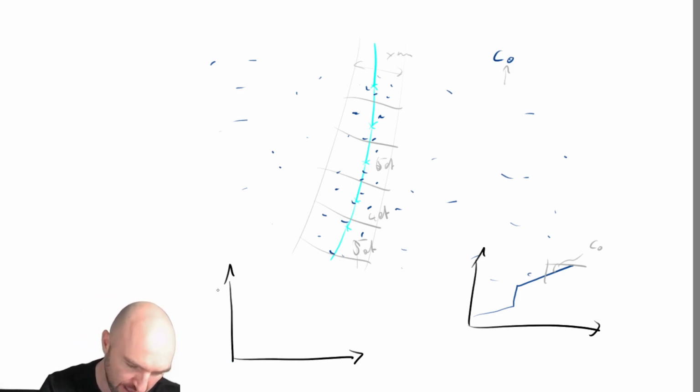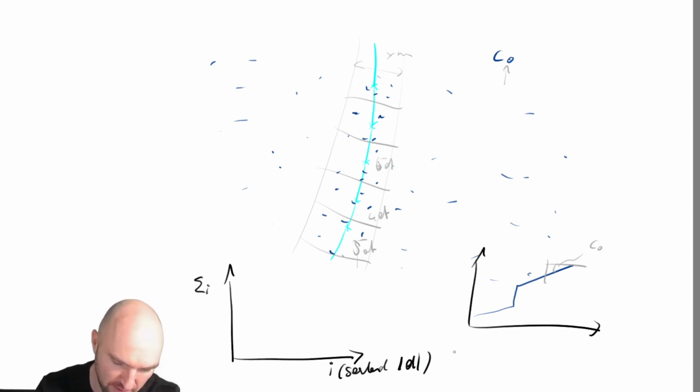So what you're going to get is the sum of species I, with respect to the atom I, and this is sorted by the absolute of the distance d to the interface, and not by the value, but by